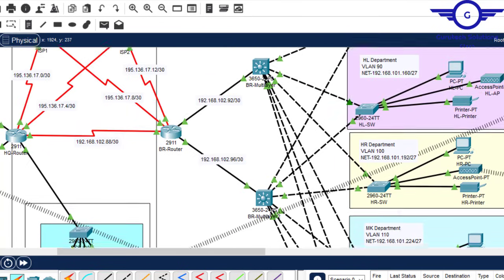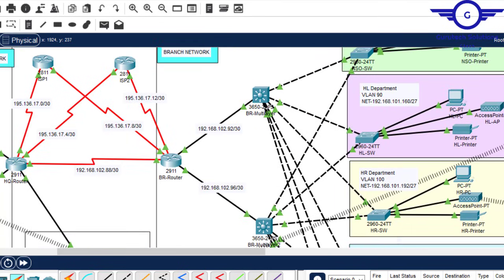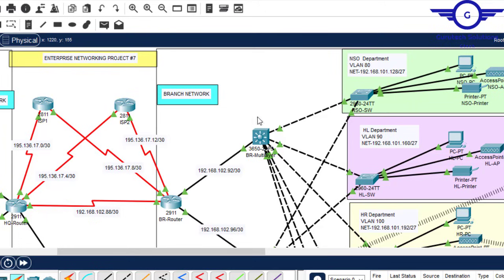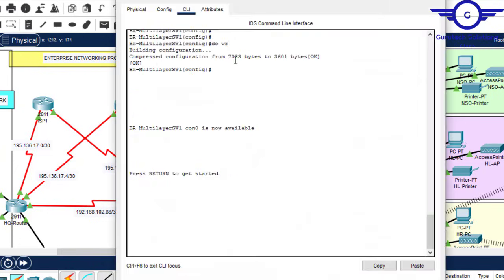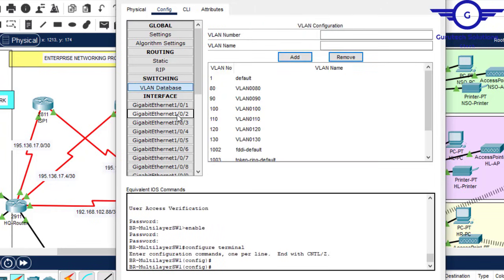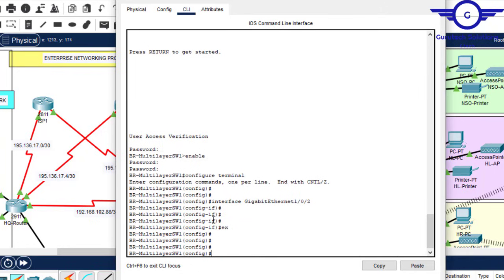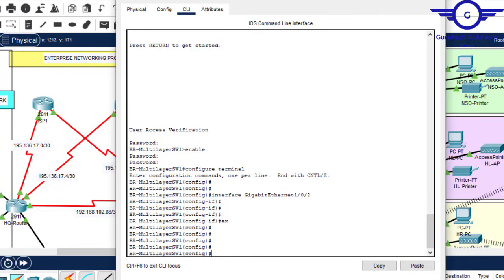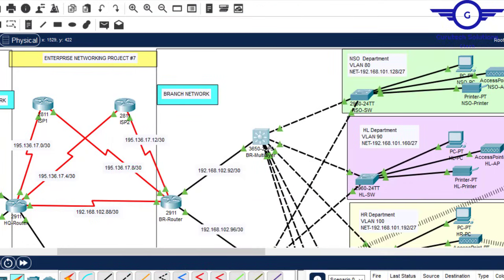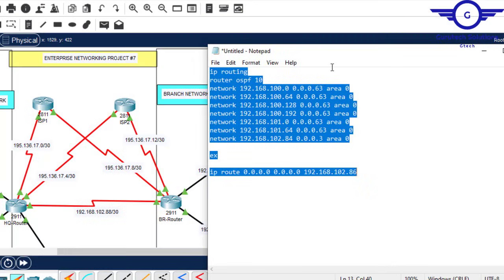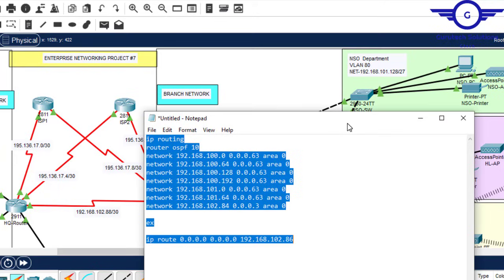we will advertise 7 networks for each layer 3 switch. For example, this layer 3 switch will advertise 6 networks plus this network. So I'll open it. Exit. All right, so let me just write the networks on the notepad. The first network will be,